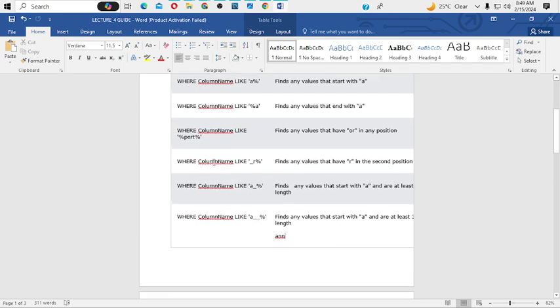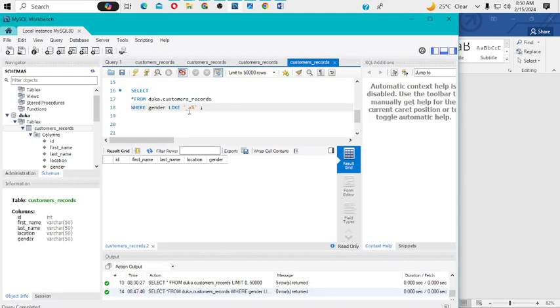Yes, we have these, where column name like underscore R. In this case, we are going to use A instead of R. So find any value that has R in the second position. So in our case, we are looking for A in the second position. So we can execute this to see